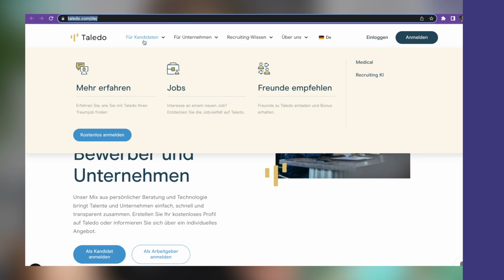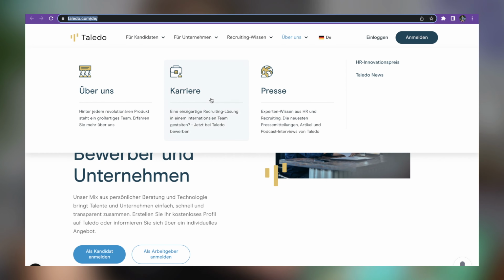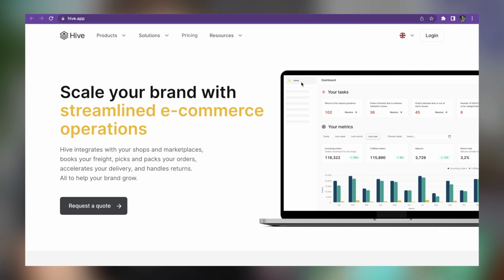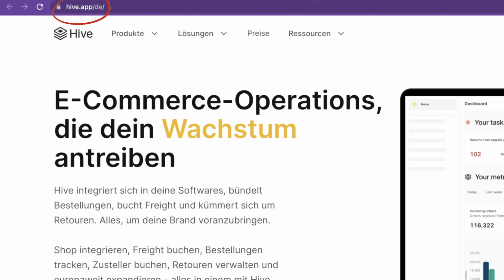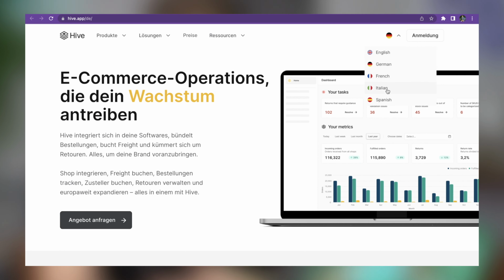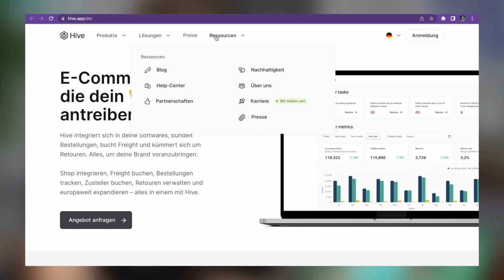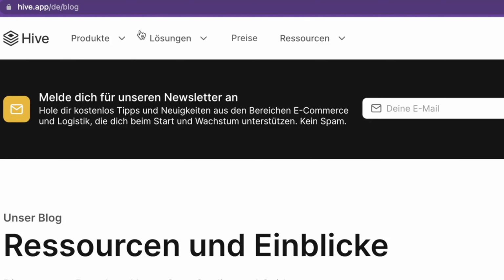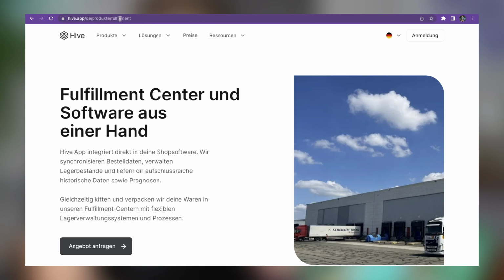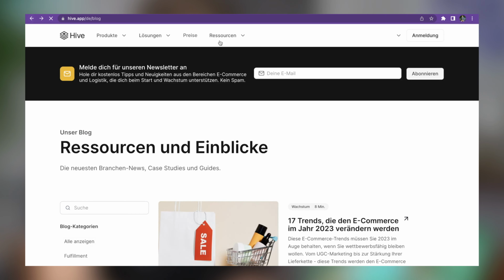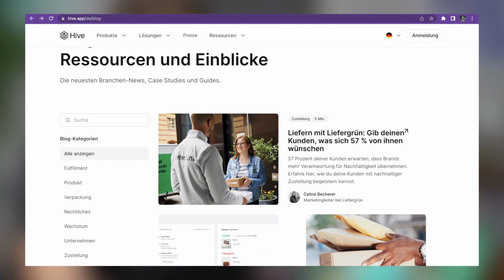So you can go ahead and add multi-language. And this is the basic example. Then we can see websites like Hive, where we were able to add multiple languages, so not just German, but we added French, Italian, Spanish. We were able to translate all of the slugs on the website itself, so you can rename subfolders, rename pages, etc. We were able to serve different content based on the language people go to,